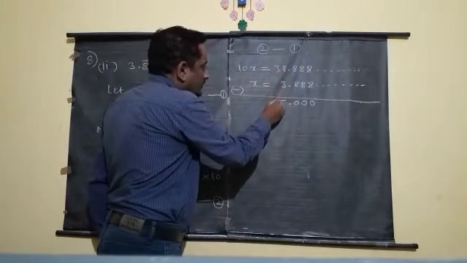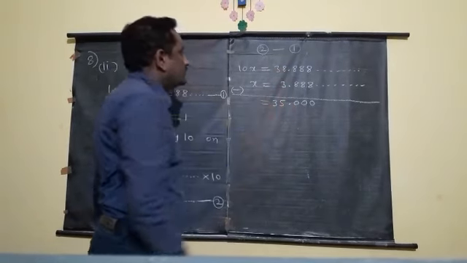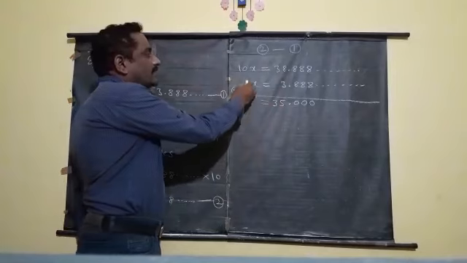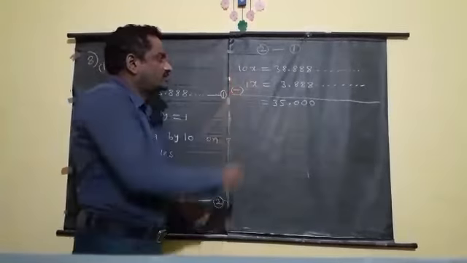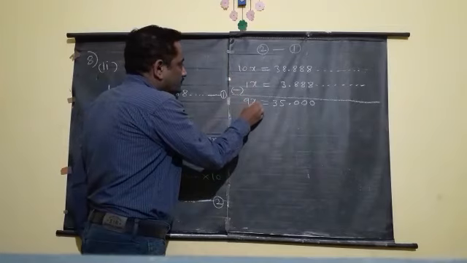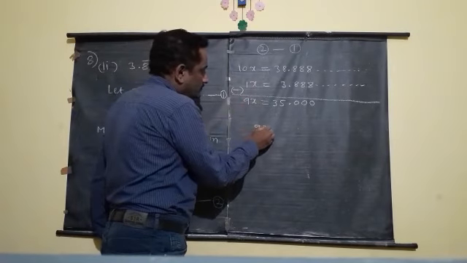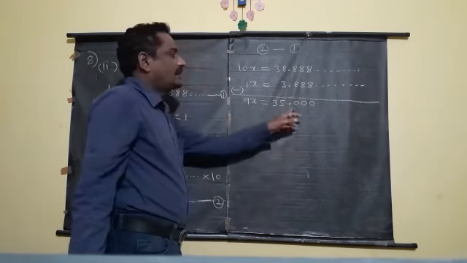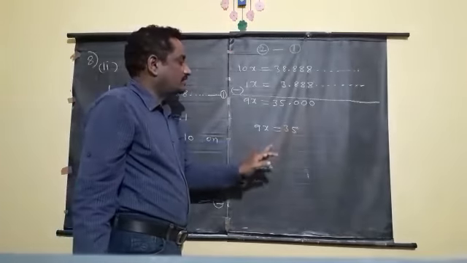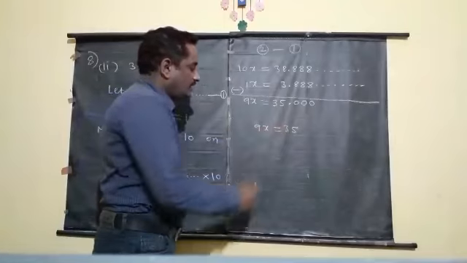Instead of 3, 3 equal to 10x minus x. Here coefficient nothing means 1. 10x minus 1x is equal to 9x. 9x is equal to 35, and the zeros are not needed here. 9x is equal to 35. x is equal to